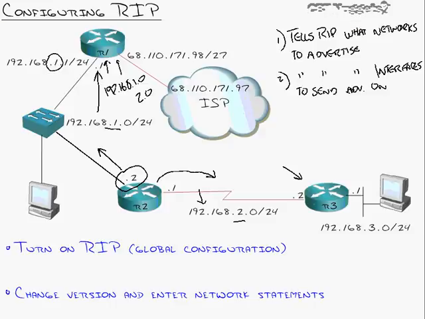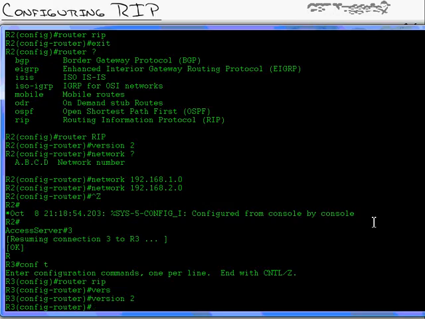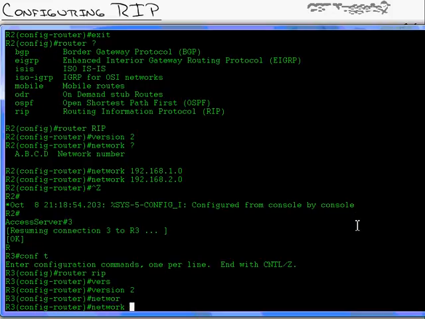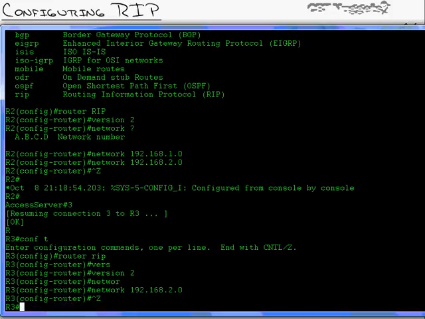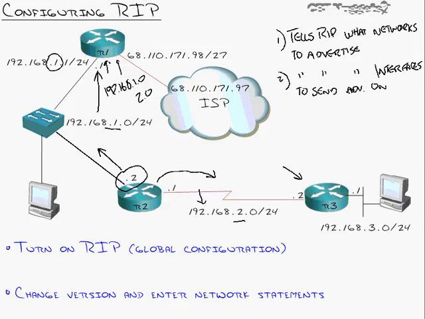So I'm going to look back at my diagram. Router 3 is connected to 192.168.2.0 and 3.0 over here to the right. But I'm going to do this in phases. Watch this. I'm going to type in network 192.168.2.0. Let's just do that one first and see the results. Now what that does is tell router 3 to begin advertising this network